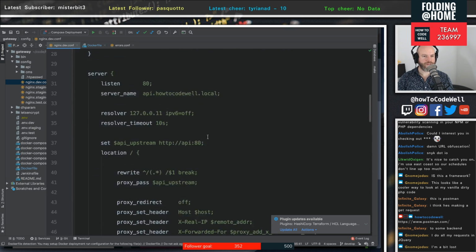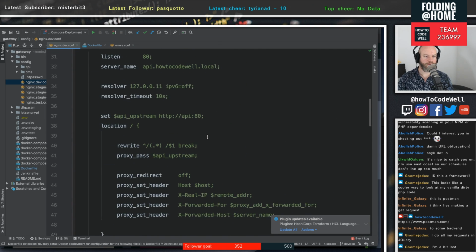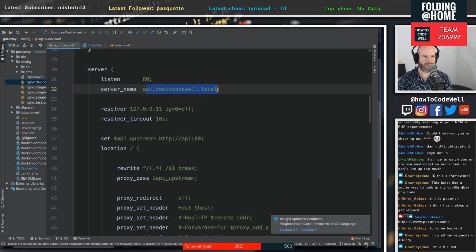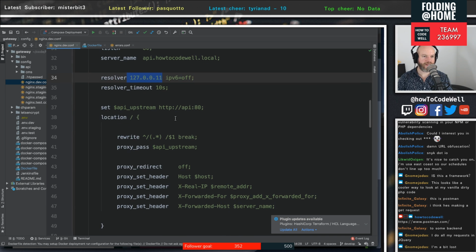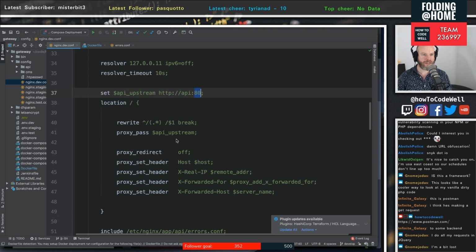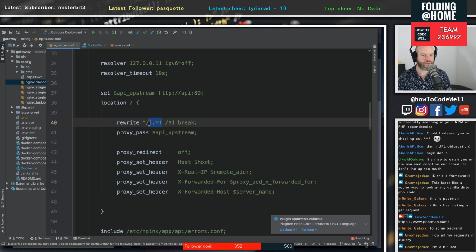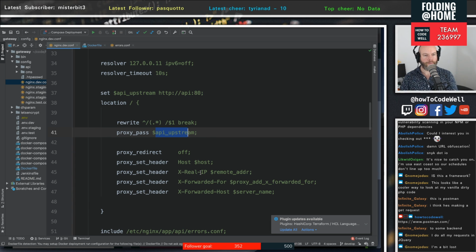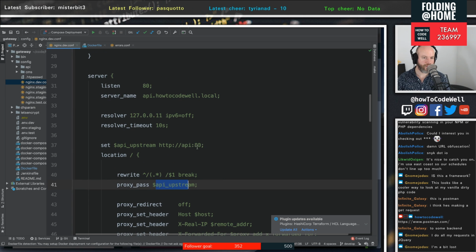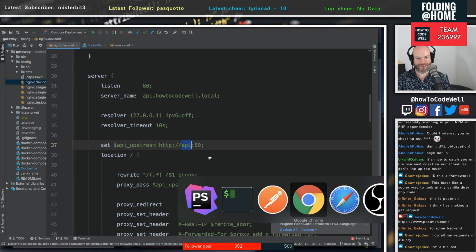And what this is doing, if I scroll up to the top, I'll show you the API one. So anything that lands at api.howtocodewell.net resolves to this address, and we set the upstream to API running off of port 80. Obviously, when this gets to production, we'll be changing the ports and so forth. We then do a little bit of black magic to deal with the request here. So anything after the first / gets assigned to the variable 1, and then we push that off via a proxy pass. So this is doing a reverse proxy back to the container, which is API, which is defined